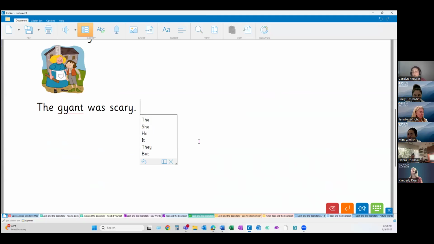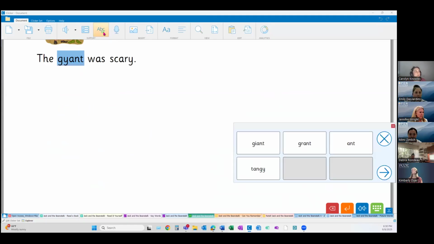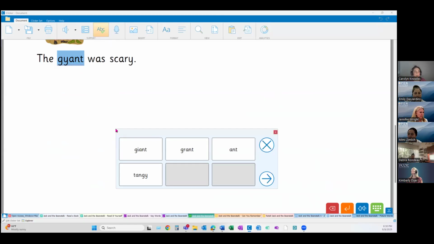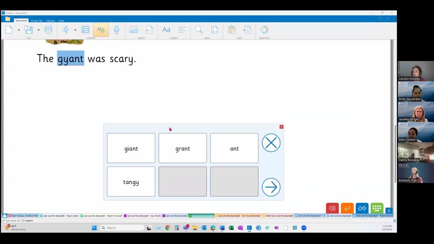Now we have the universal signal that something has been spelled incorrectly, the red squiggly underline. But we also heard that it didn't quite sound right when it read back to us. And we can use the icon next door, this guy up top, to spell check our document. And it will open a table like this. Sorry, I'm trying to make it bigger. There we go. It will open up a table for us.